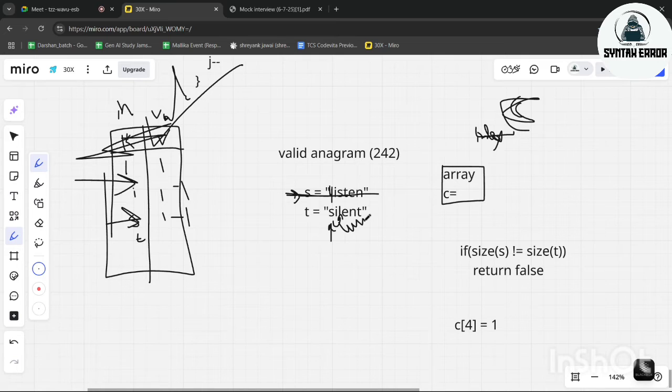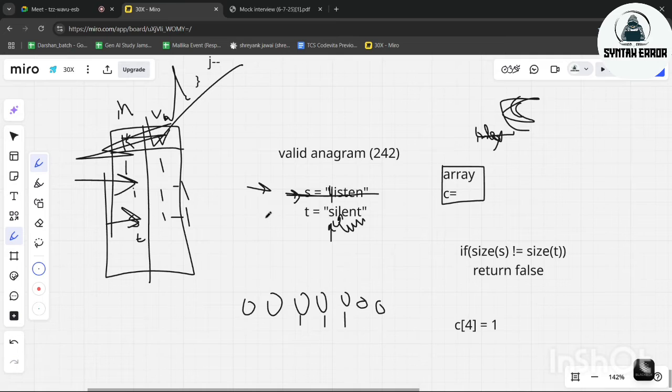Okay, while doing this, what's the output we are expecting? If both strings are anagram, what's the output we will be expecting? Assume there is a character array of 26. Assume there is an array of size 26 and all the elements are 0. Then we will take yes, and wherever L comes we will put it as 1. Wherever I comes we will put it as 1. Yes comes we will put it as 1. Okay, first we will do this.